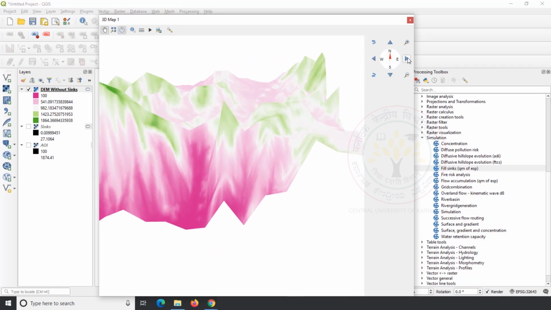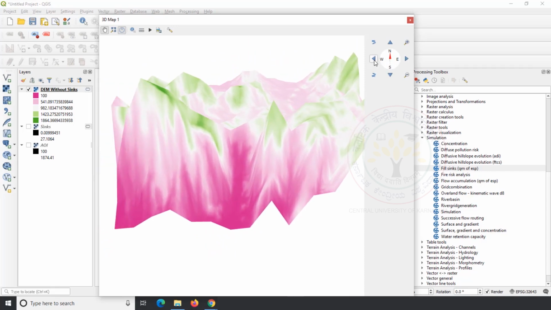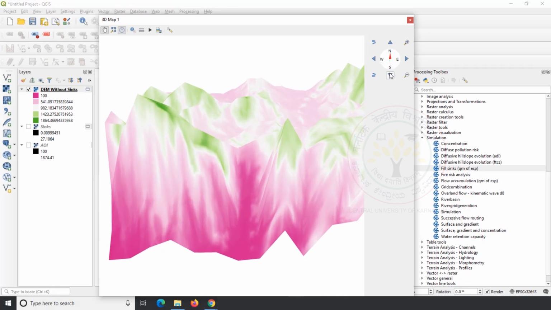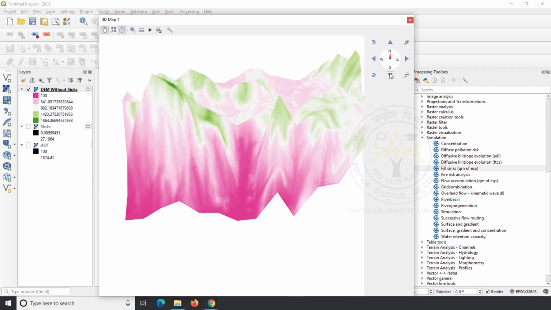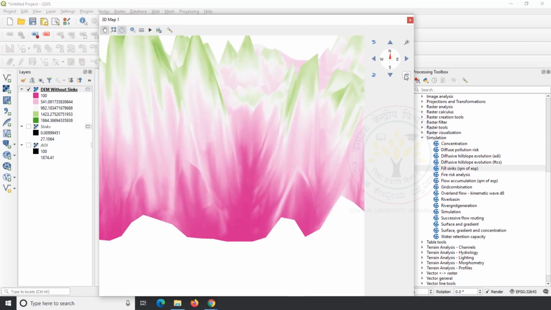And use move right, move left, move top, move down to move the image up and down or right and left. Use the zoom and zoom out tool to zoom or zoom out the image